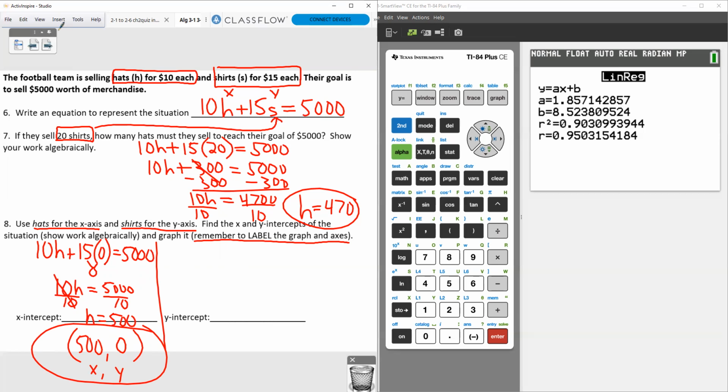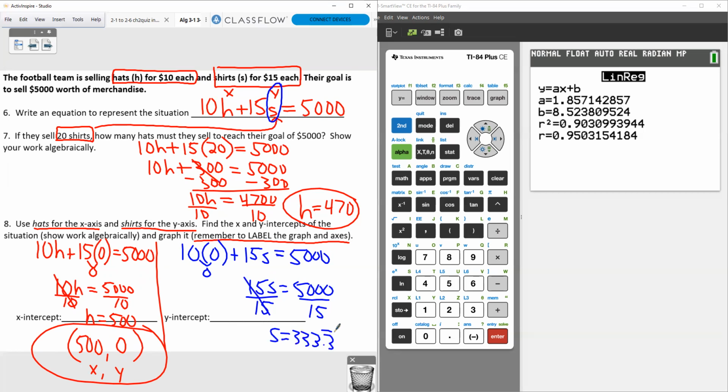For the next one, we're solving for the y, so we need to leave the y there. So 10 times 0, we're going to sub in for the x or the h, plus 15s equals 5,000. We're going to leave the y value there, which in this case is an s. 10 times 0 is just 0. That part just disappears. So we really have the equation 15s equals 5,000. Divide by 15, divide by 15. S equals